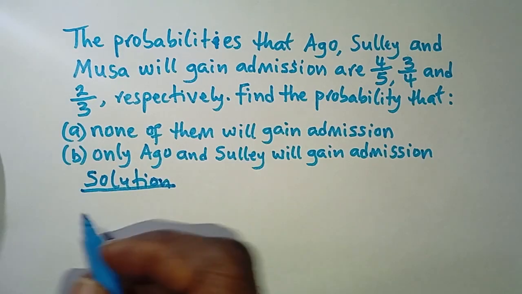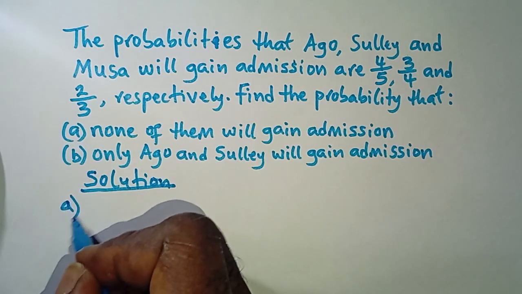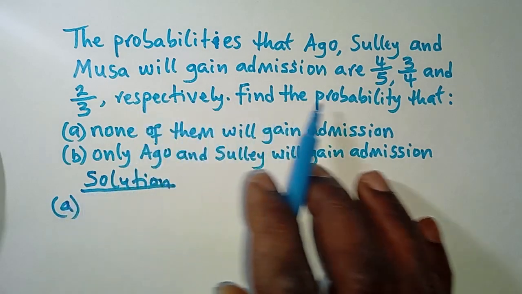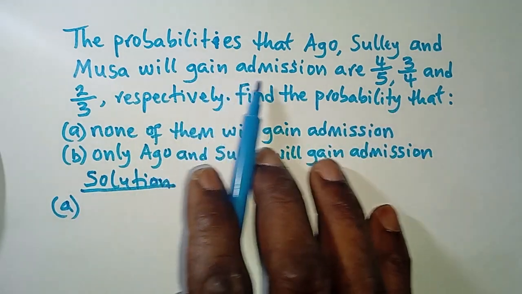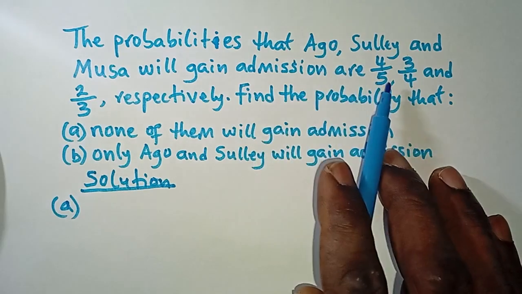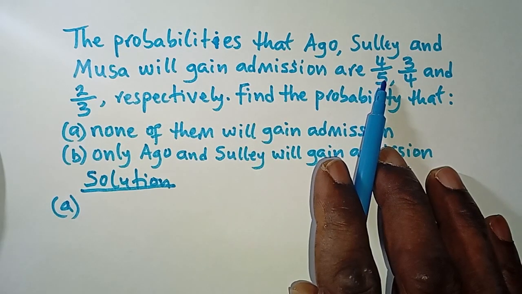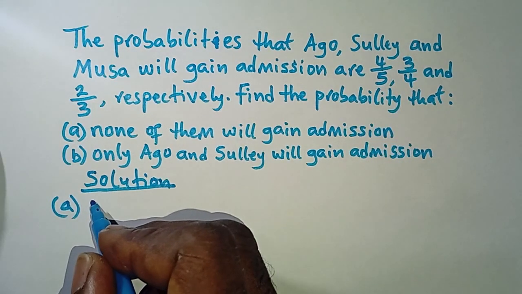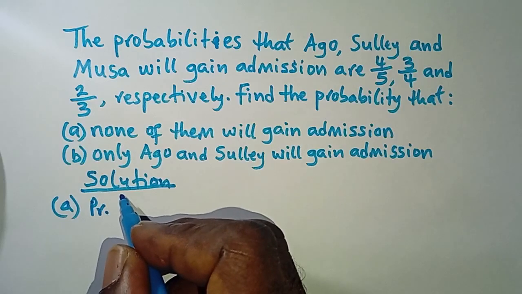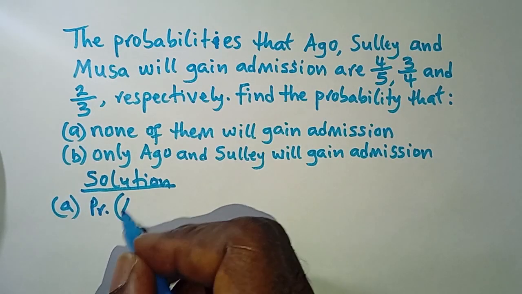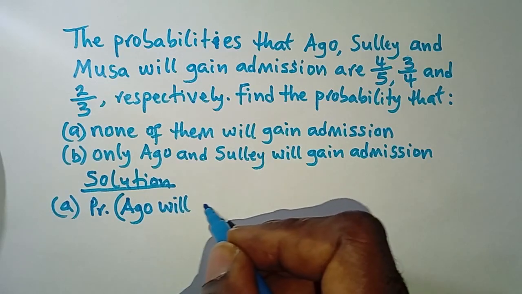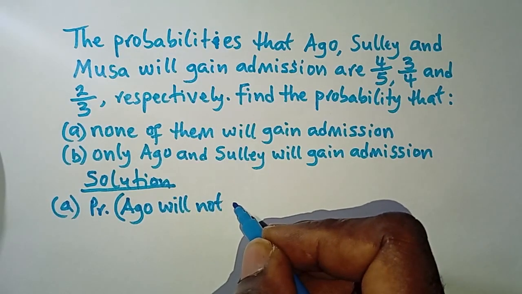Now the solution with A, let's start with A. Let's first of all write the admission. The probability that Ago will gain admission is 4/5. That is for Ago. So if the probability that Ago will gain admission is 4/5, then the probability that Ago will not gain admission